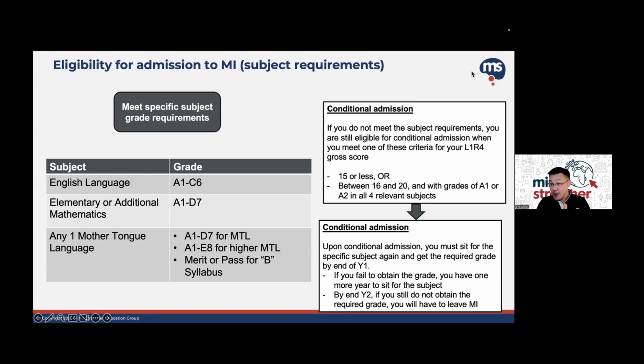There will be people literally who, all the way until the prelim exams, are still failing. Their score is like ungraded. But somehow, one way or another, they try their best and by some miracle, they manage to clear the A levels. So it's a bit different from Sec 4 in terms of the step up. Why I emphasize that is, again, that is what you must ask yourself. Is that something that you are prepared to manage?